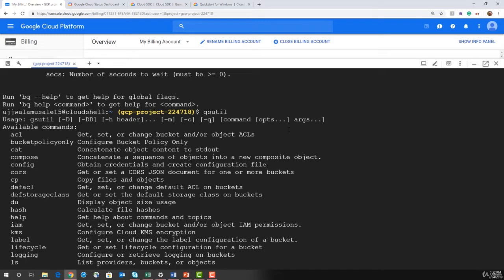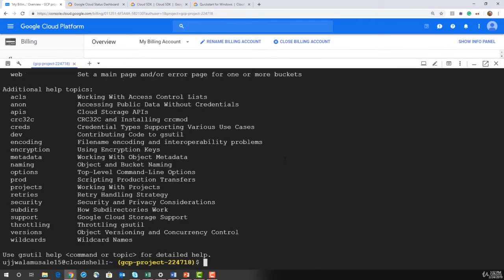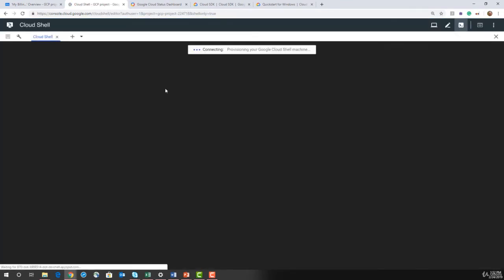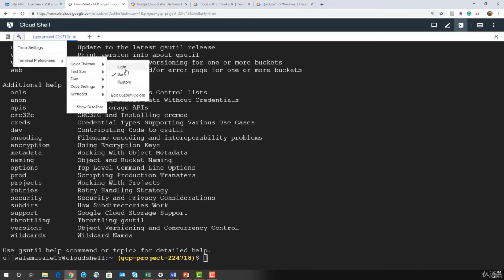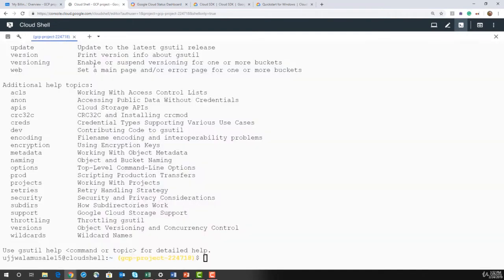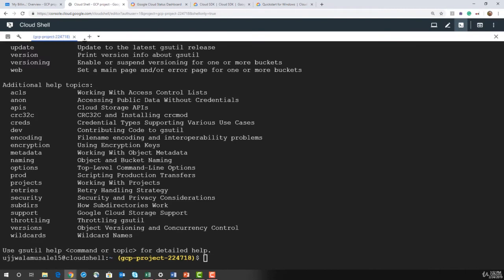If you do not want to install Cloud SDK, this is the first thing. If you want to interact or try your Google Cloud Platform commands, you can actually go ahead and open this in a new window in full screen mode. You see that in full screen, or you can customize this terminal. You want to have different colors, or fonts or something like that. You can add additional sessions.